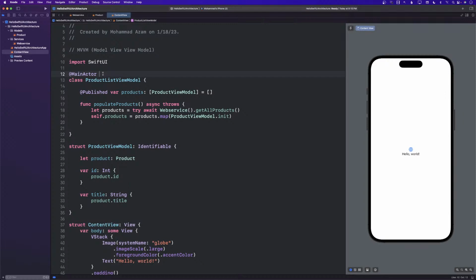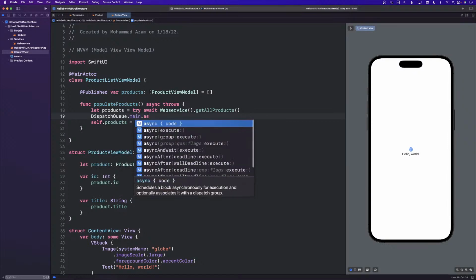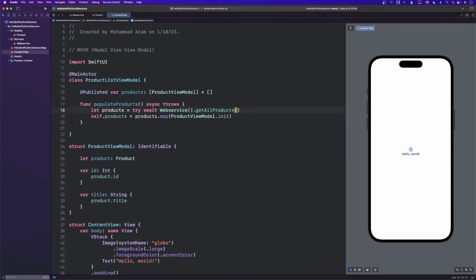So it's basically async and await and all that stuff. What this is going to do is make sure that the products property is set on the main thread. So instead of doing, remember that, DispatchQueue.main.async, we're not going to do that because now we have a shortcut. We can simply use the main actor, and that's it. Okay, so that's pretty much it. That's our code to create a product list view model and our product model.